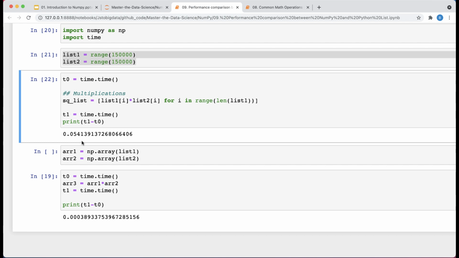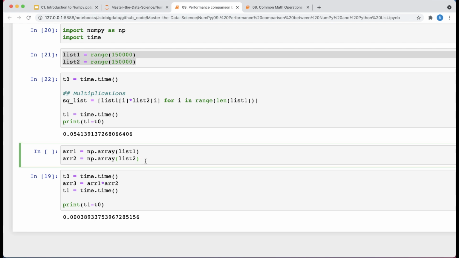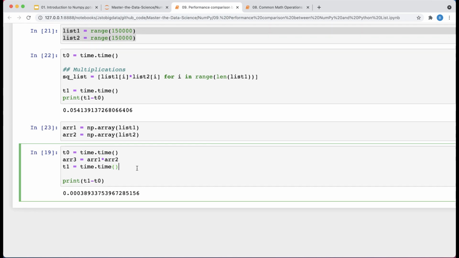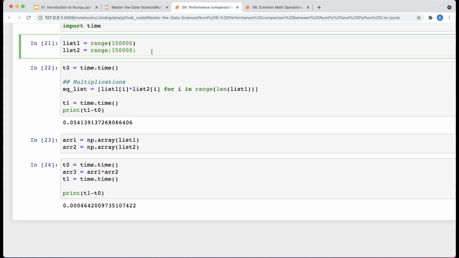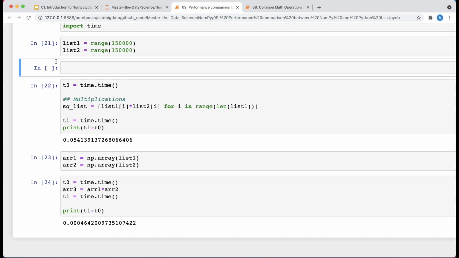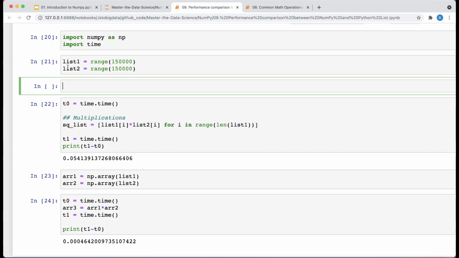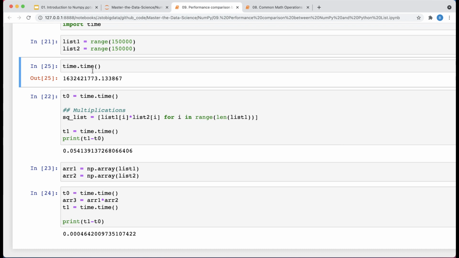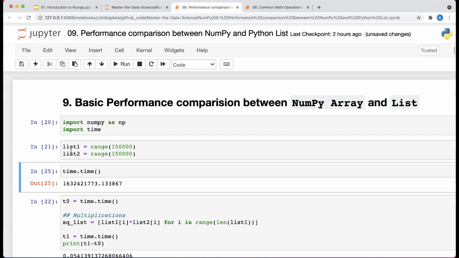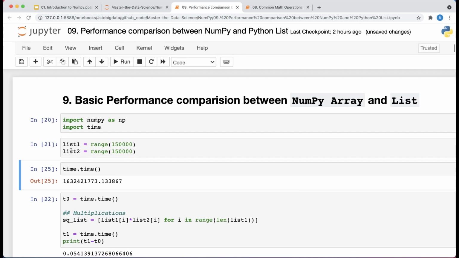And the next one, what I will do is I will again create two NumPy arrays instead of lists, and then I will try to find the differences between them. And you can clearly see that the same operation NumPy does in much lesser time than Python. So it gives you a timestamp and then you subtract, and then you find the result in, I think, milliseconds. So you can see this clearly that NumPy performs much faster.